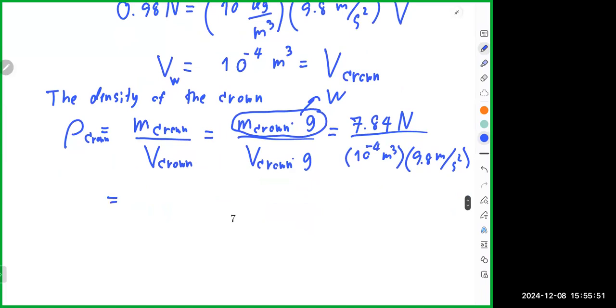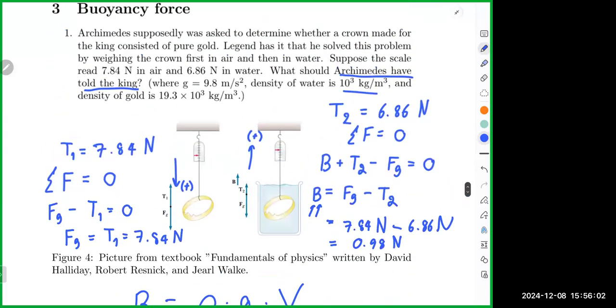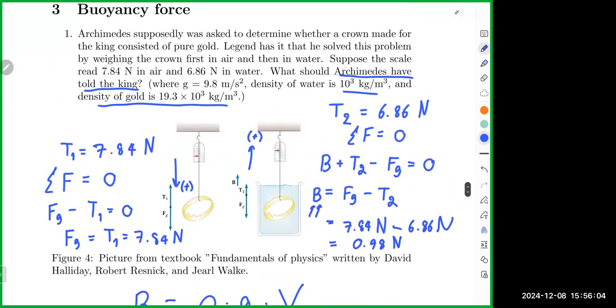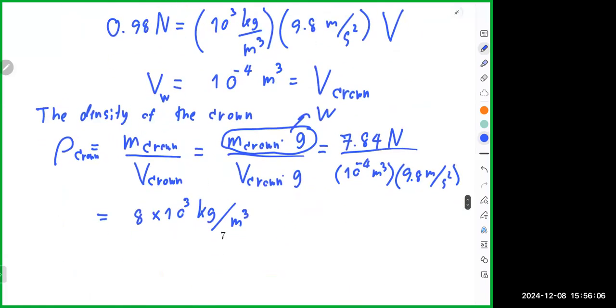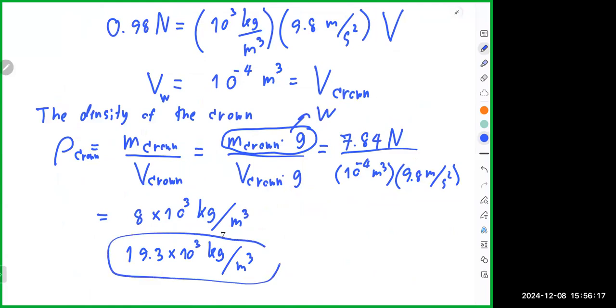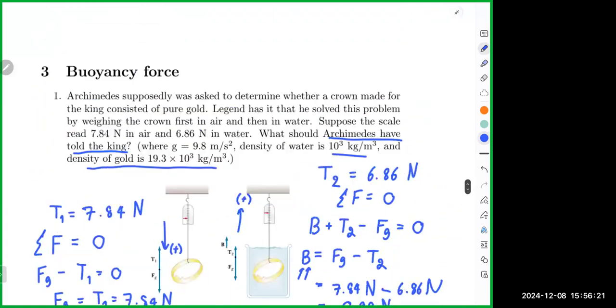So you can get it around 8,000 kilogram per cubic meter. However, the density of gold is more than that. It is 19.3 times 10 to the 3 kilogram per cubic meter, which means the crown maker